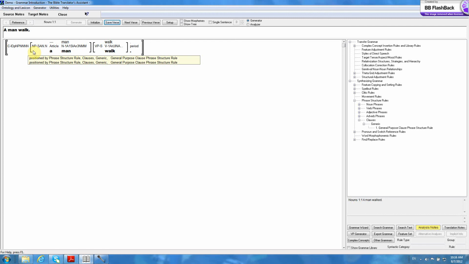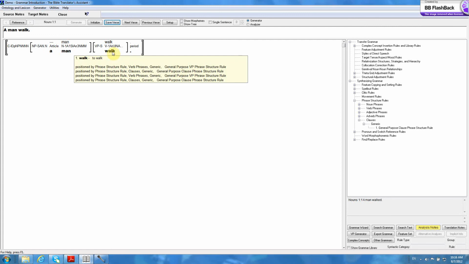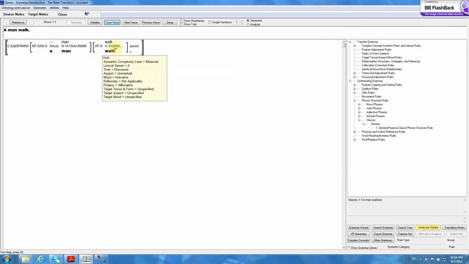And you see that rule in the pop-up twice. The phrase structure rules are actually executed twice for reasons which I won't go into right now, but that's why you see it in the pop-up twice. So now let's work on selecting the past tense form for this verb. If we rest the cursor on the features, we see that the time value is discourse, and in English we map discourse to the past tense